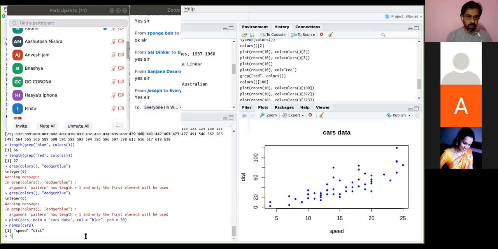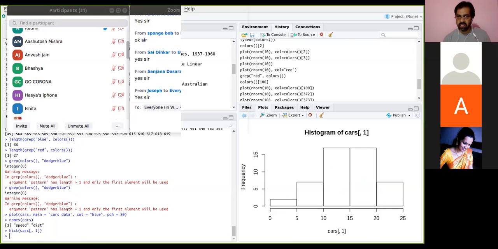Now go for hist, cars. We are going to plot the histogram for the speed, and let's keep the command very minimal, with the minimum number of letters. Then press enter. Now you see this is a bare minimum histogram, and if you observe the title of the